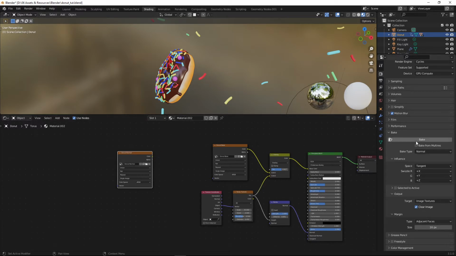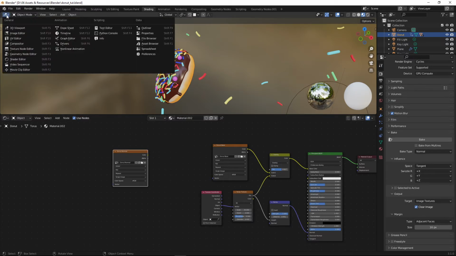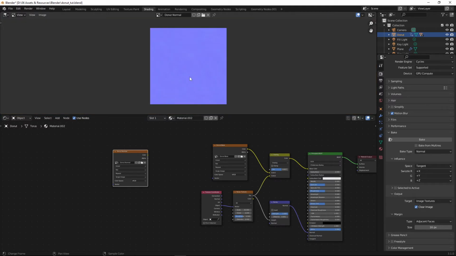And one thing to note, you have to make sure that this node here is selected before you click bake, so that way it knows where to save this to. And then it saves it internally to this image node here. So then to get that image saved as like a PNG so you can actually use it in Daz, what I did is I went to the image editor here,